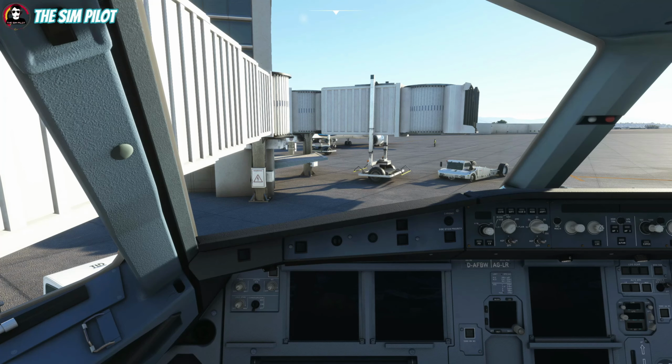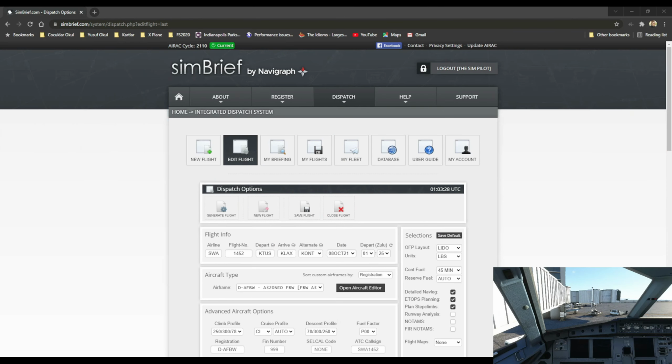Alright, even before turning the aircraft on, I'd like to bring up the window and take a look at SimBrief flight planning. Okay, so let's switch the screen. I will make the simulator smaller on the right hand side, and the SimBrief window is right in front of us. Obviously you fill this top part: Southwest 1452, departure is K2S, arrive is KLAX, alternate is KONT, Ontario, and